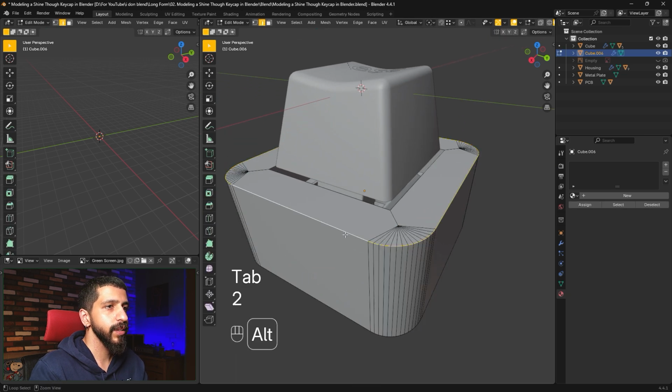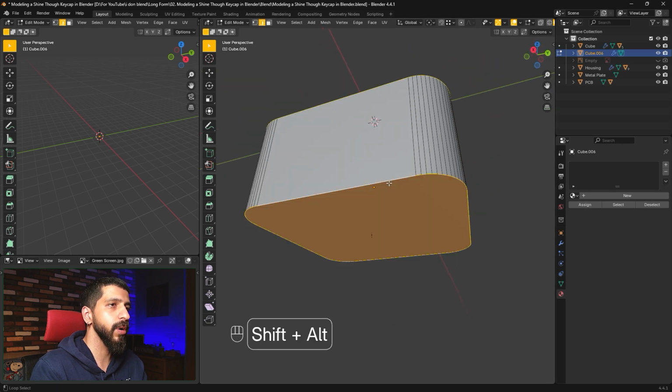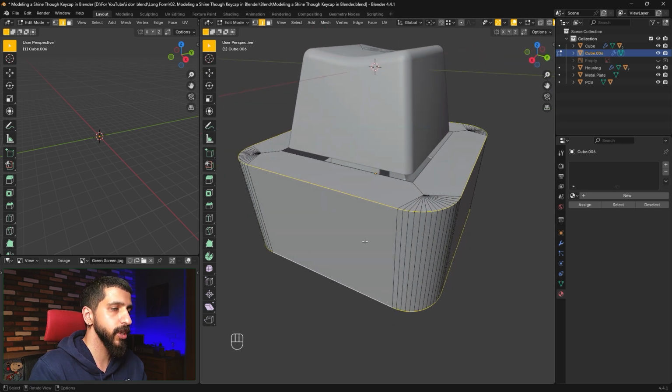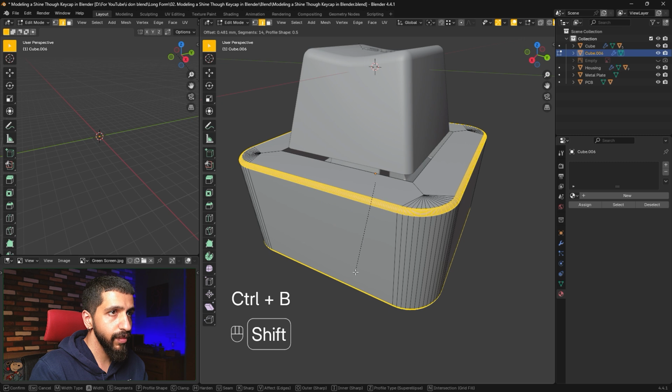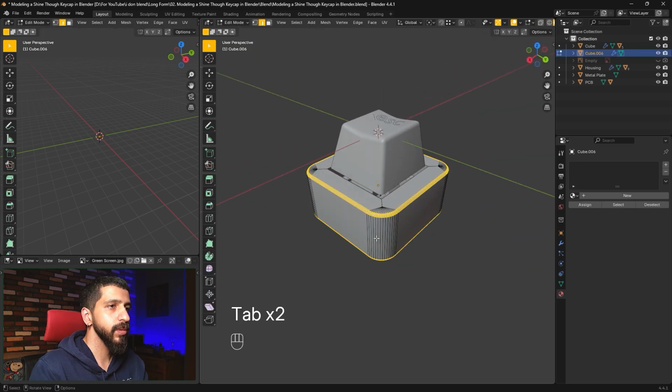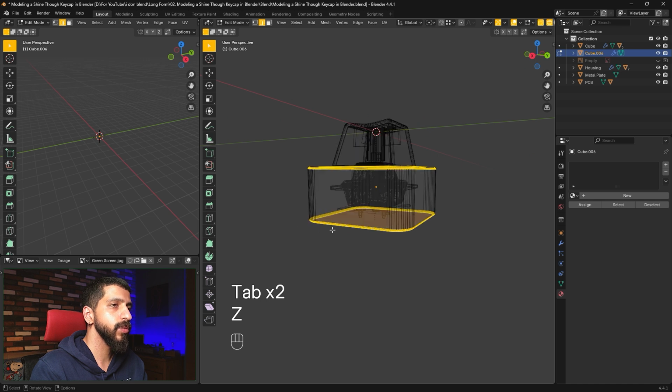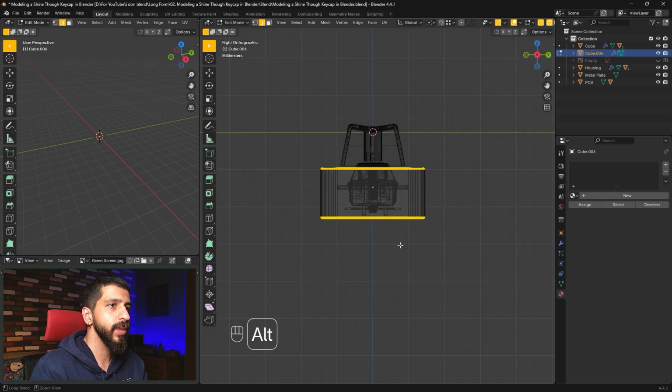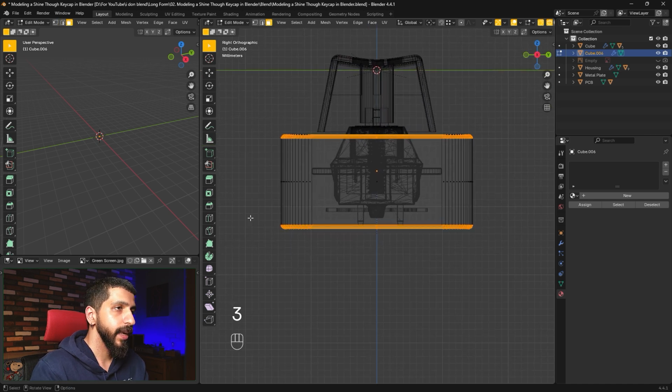And let's go ahead and loop select the edges around the top and the bottom surface, holding Alt and Shift, and also beveling those. 14 segments is definitely too much, so let's go with something like 7 segments, and this looks pretty cool. Let's go ahead and go to wireframe view and then the side view, and I'm just going